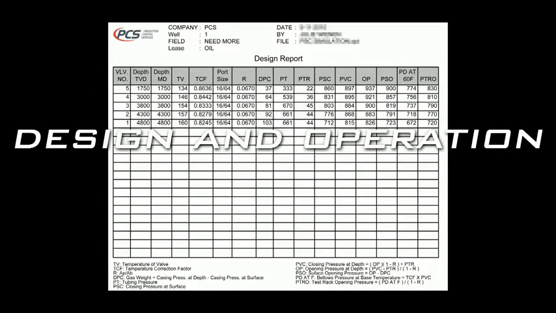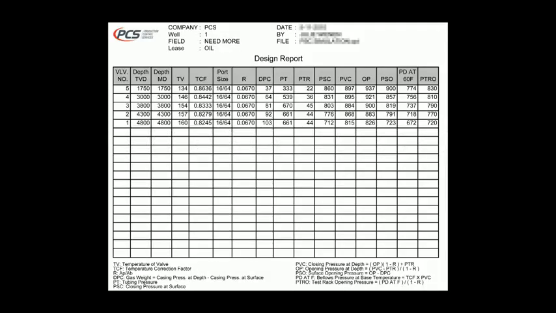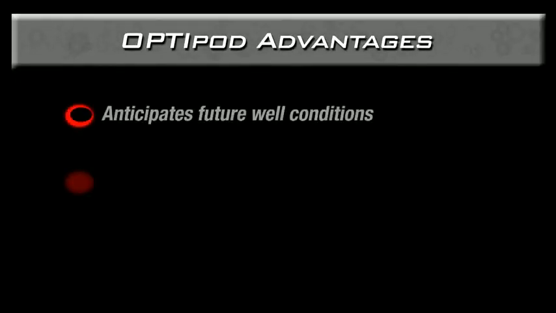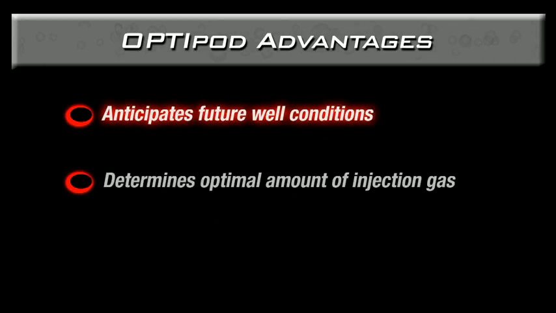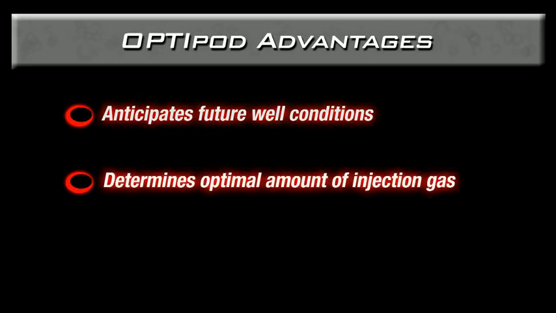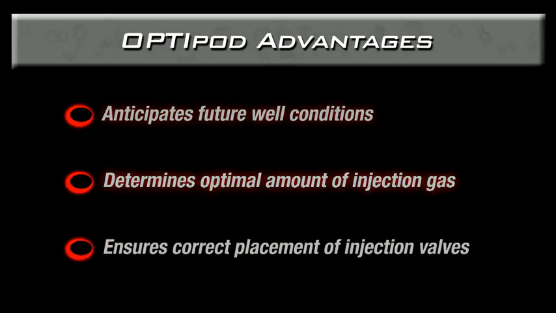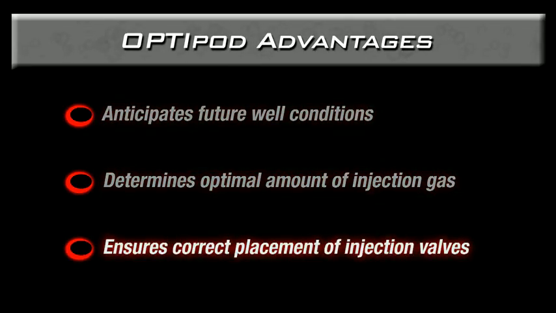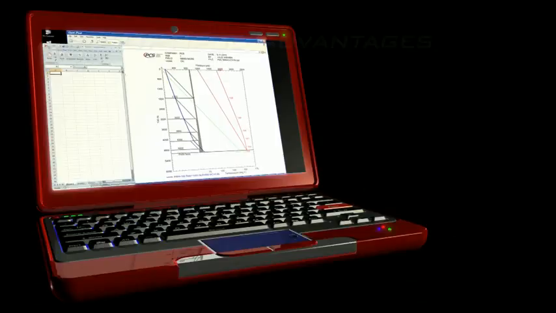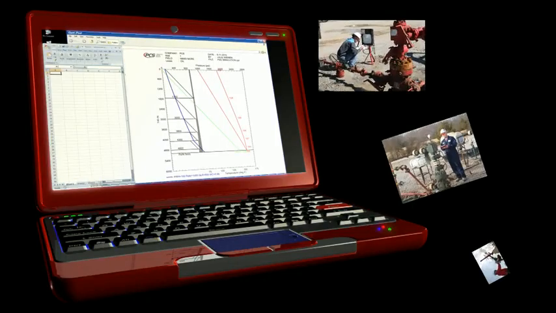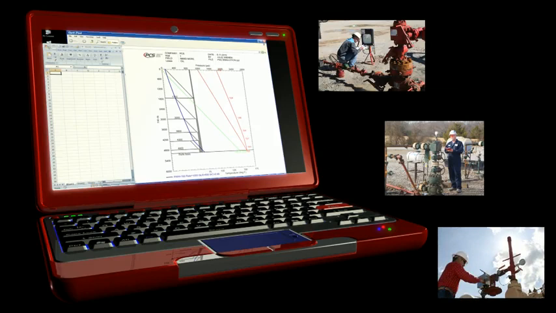Installation of the OPTI-FLOW Gas Lift system begins with a carefully engineered design customized for your well specifications. Our OPTIPOD software uses both existing and anticipated well characteristics to determine the optimal amount of injection gas needed to deliver fluids to the surface, as well as the correct placement of the injection valves based on pressure calculations. By adapting to both current and future well conditions, the OPTI-FLOW Gas Lift system ensures optimal production throughout the life